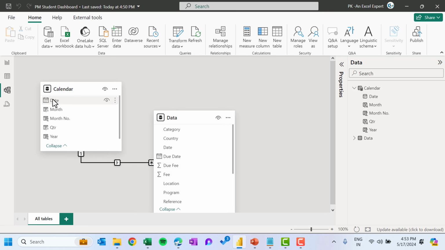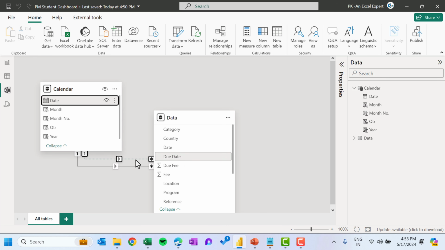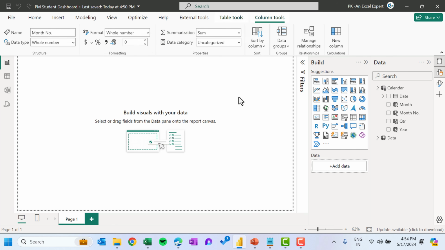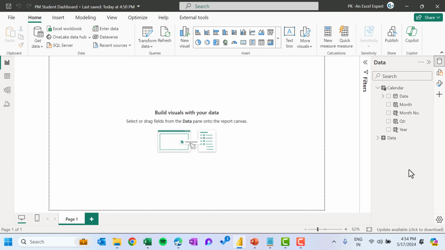Then we will create another relationship between the due date and date. So this due date and date has an inactive relationship and this is an active relationship. Alright. Now let's go to the report view and we will create few measures first to use in our dashboard or report. To do that, we will create another separate table wherein we will put all our measures. To create the new separate table, let's use the enter data